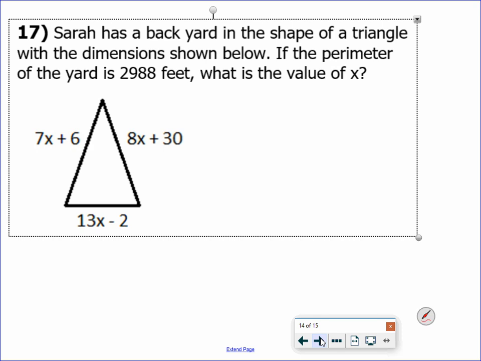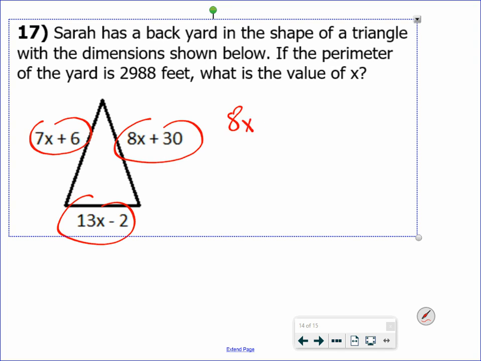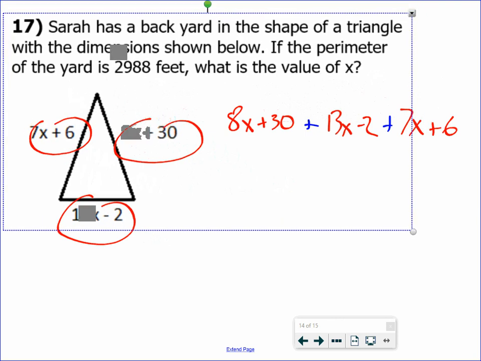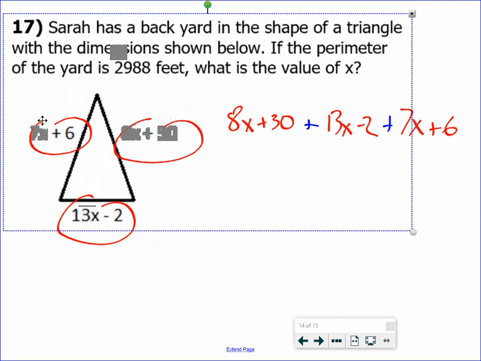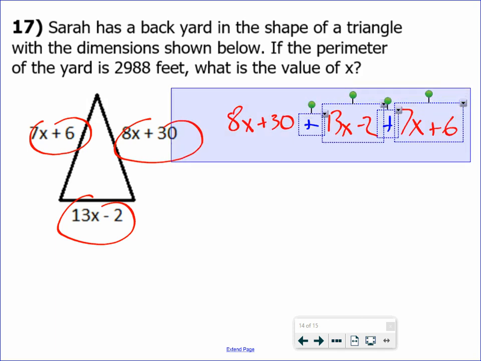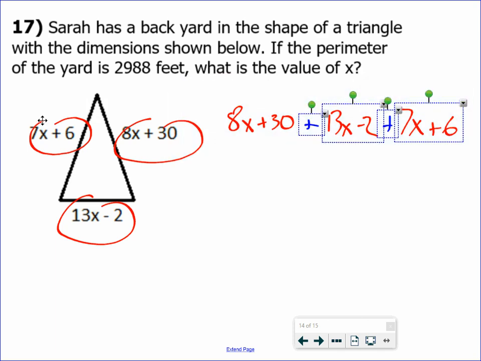Well, to find the perimeter, we add up all three sides. So this will be 8x plus 30 plus 13x minus 2 plus 7x plus 6. And, whoop, sorry, wrong thing I was trying to move there. And, oh man, smartboard's being a little problematic today. All right. Well, anyway, all of that has to add up to